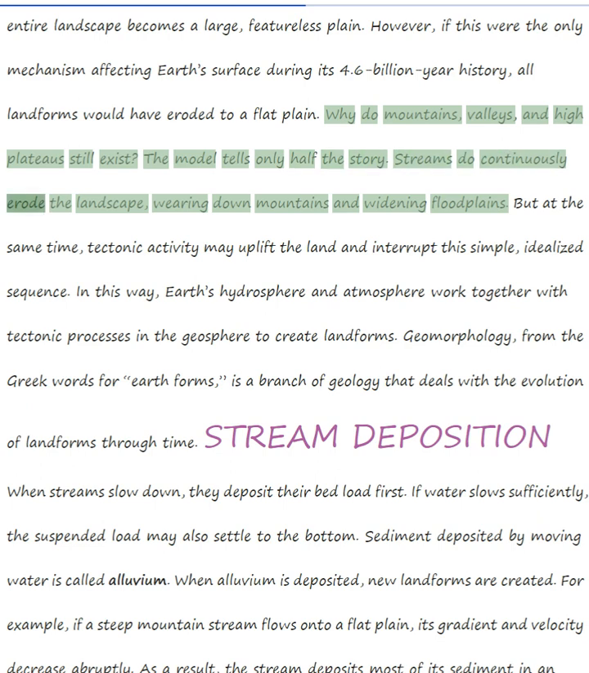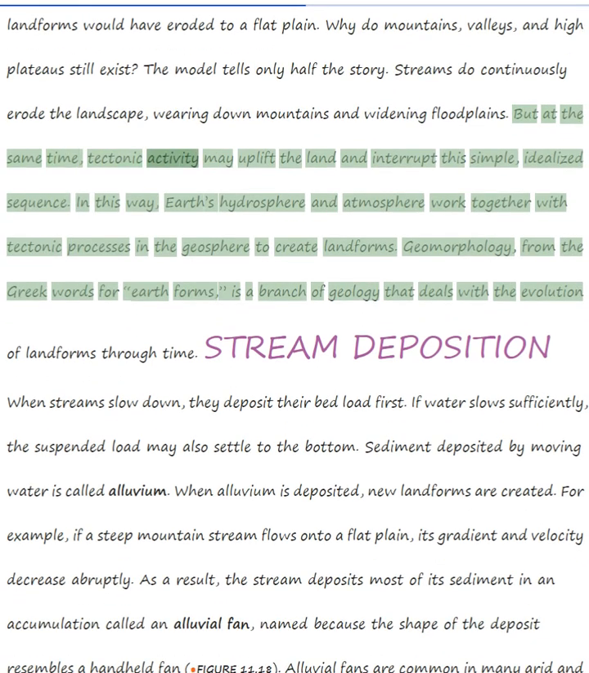Streams do continuously erode the landscape, wearing down mountains and widening floodplains. But at the same time, tectonic activity may uplift the land and interrupt this simple, idealized sequence. In this way, Earth's hydrosphere and atmosphere work together with tectonic processes in the geosphere to create landforms. Geomorphology, from the Greek words for earth forms, is a branch of geology that deals with the evolution of landforms